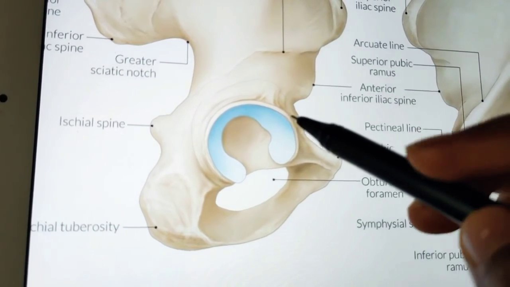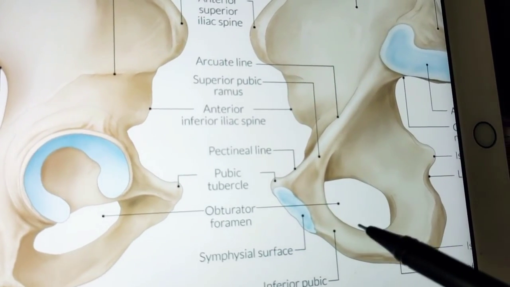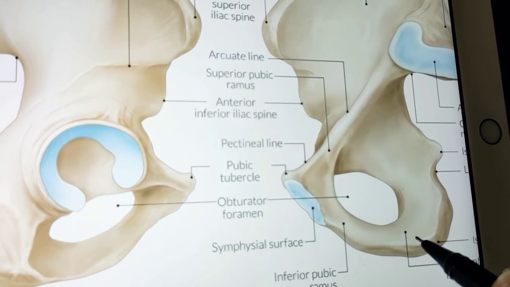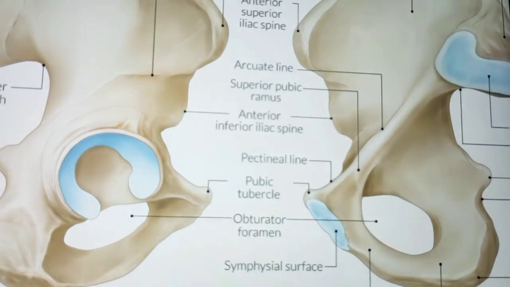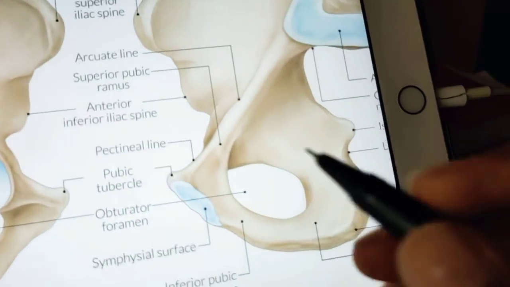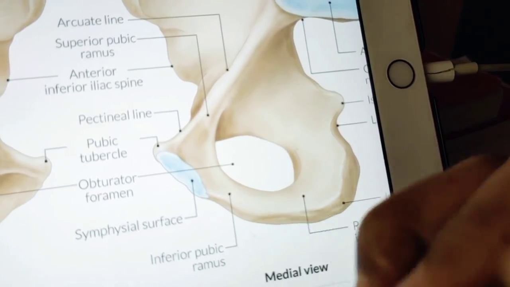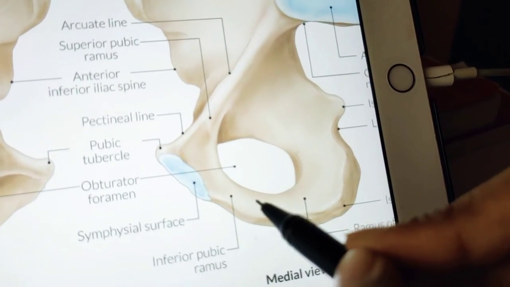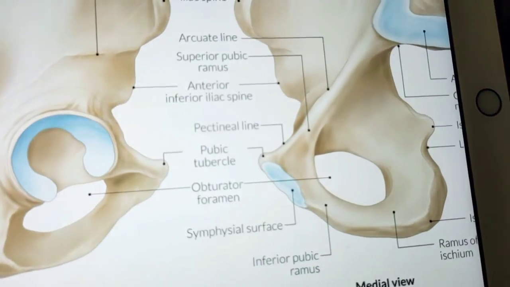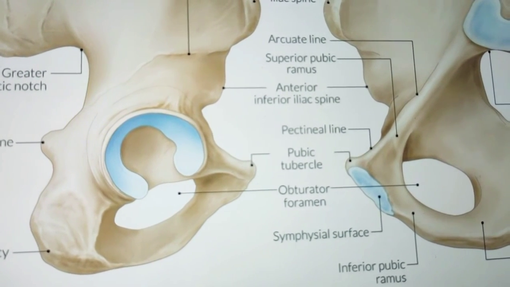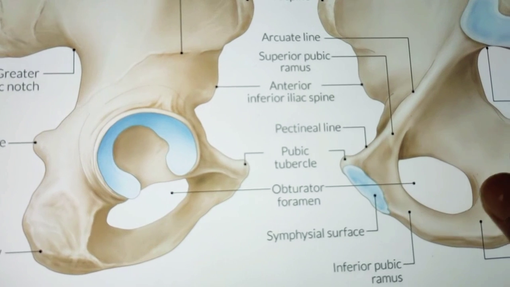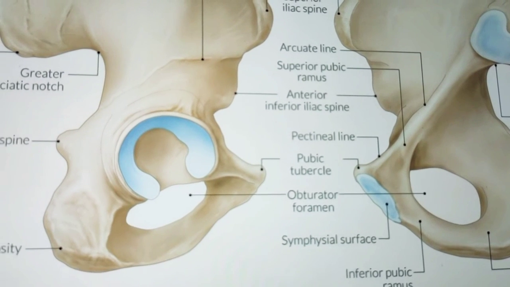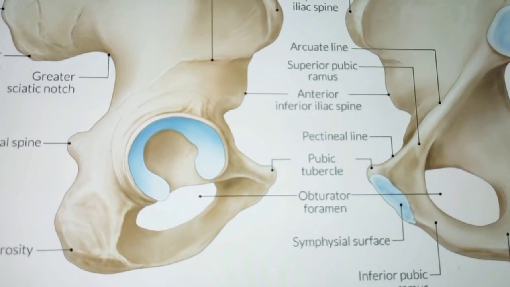And the inner surface is convex and smooth. It is divided into three areas, upper, middle and lower, by two ridges. Actually, if you see the inner surface, here come the two ridges in between which convert it into three areas. So two ridges, three areas on the inner surface of the ischium. So that's it about ischium general features. Next we'll talk about the attachments and relations of ischium.